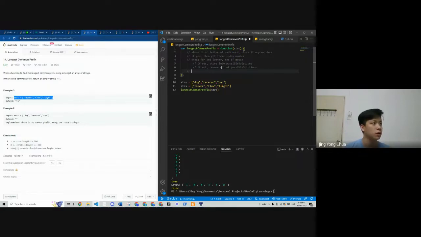Okay, but never mind, we continue with this first. See if it matches. If not, remove the rest of the possible solution. Get the index number. Then assign the possible solution.